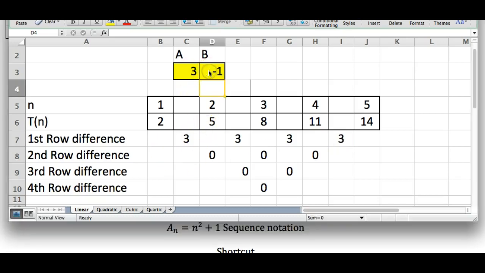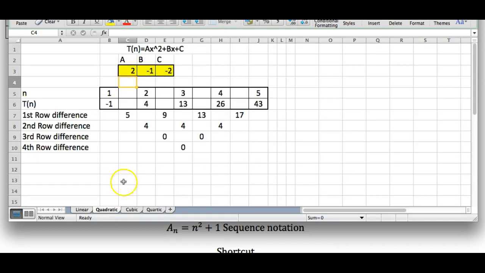I can type in and plug in a different number here. I can plug in 4. Oh, look, the row difference stays the same because the slope stays the same. What happens when I change the slope? Oh, 5 slope. Oh, look at that. Row difference is 5. Nice. So you should have discovered that before, hopefully. Now with a quadratic,